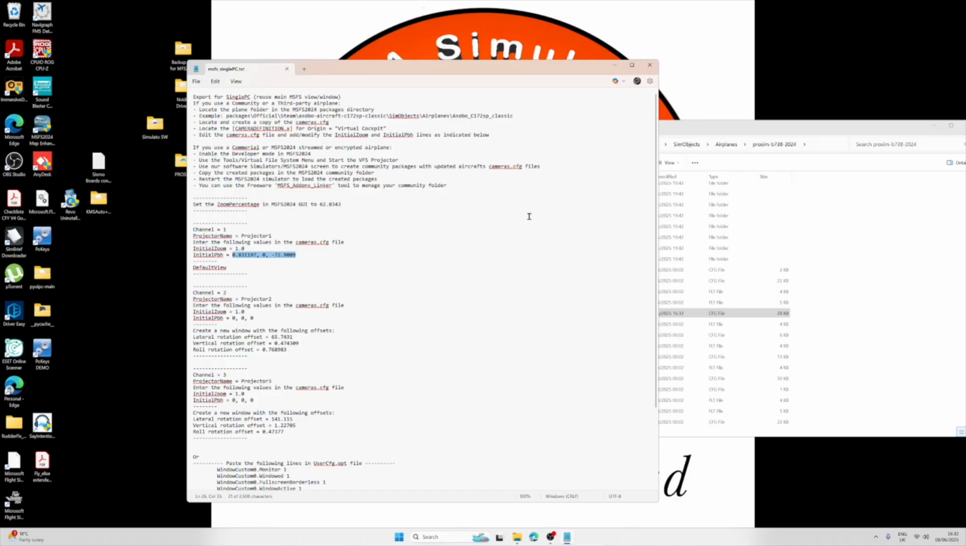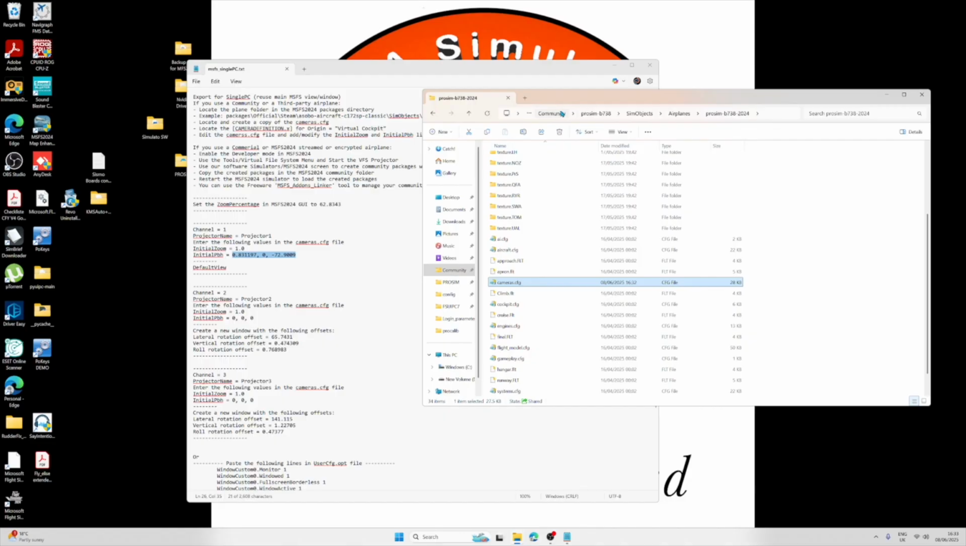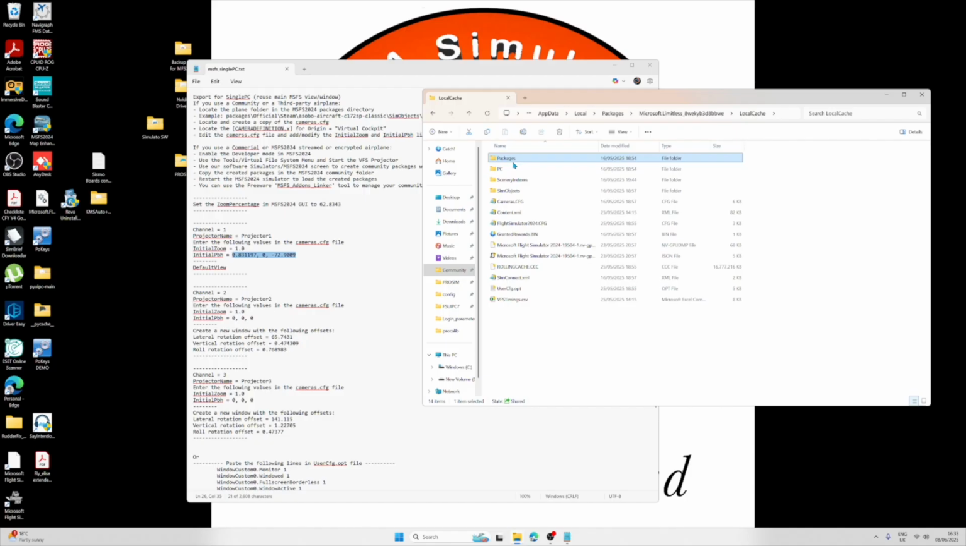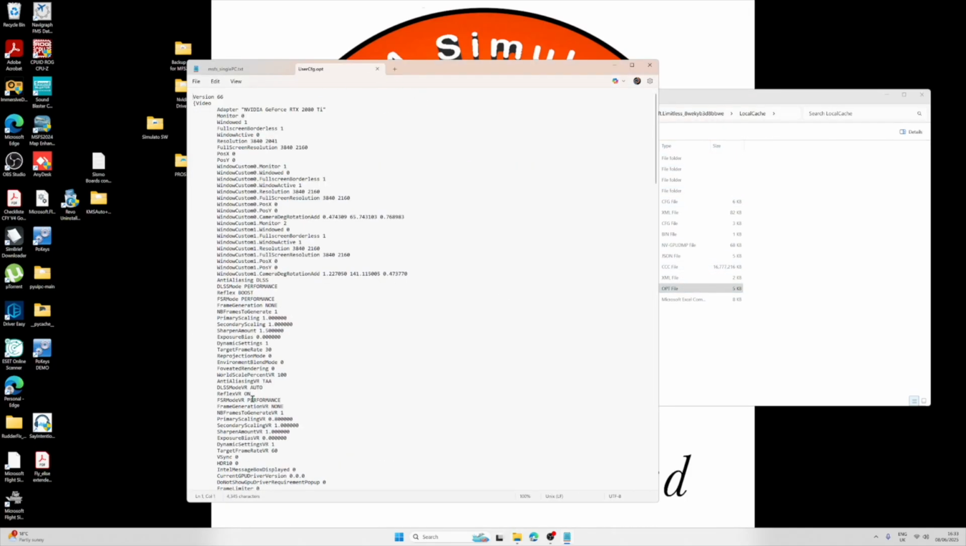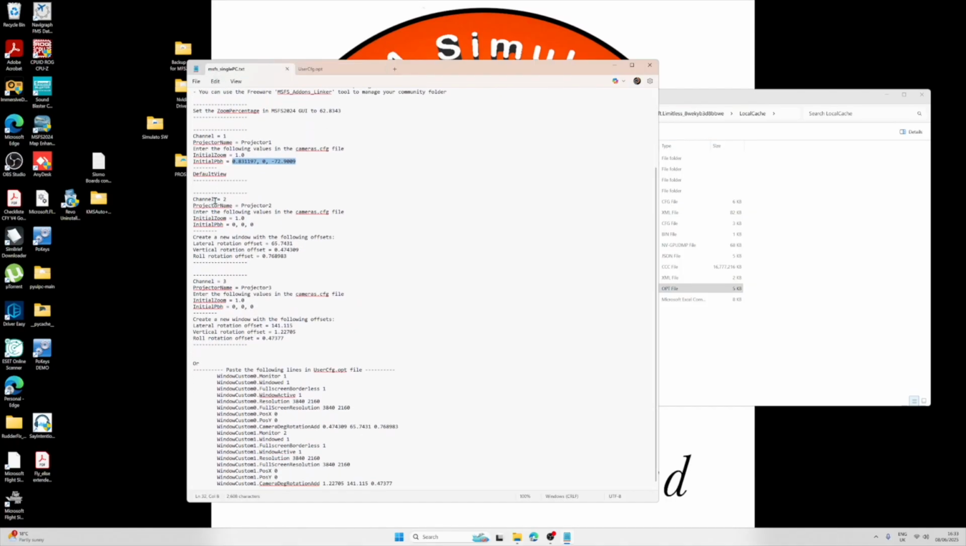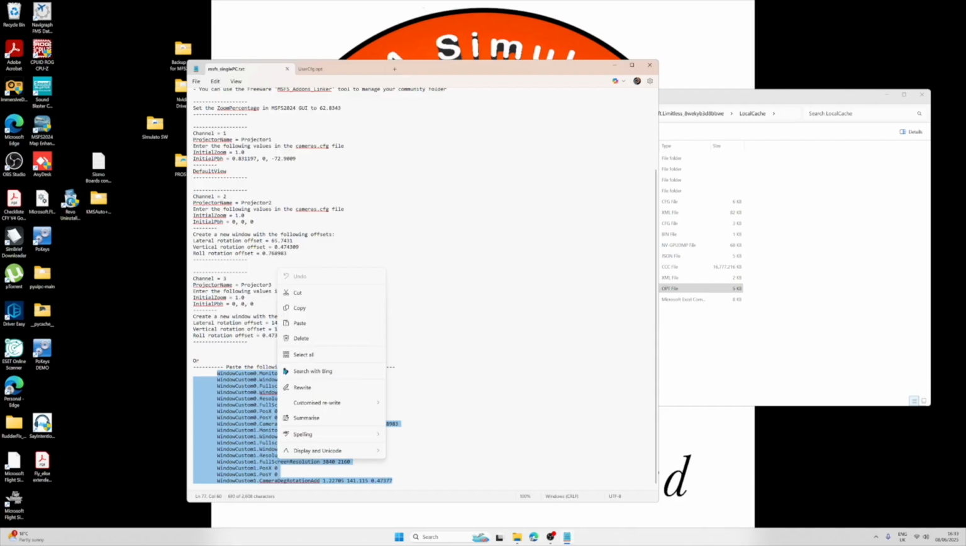So we took care of the ProSim. Now we need to take care of the Flight Simulator user config. For the user config, first of all, go back to the community, go back to local cache. In local cache you find the user config. Open that one. It is this one here. So now the next instruction, don't worry about this, we can go straight here. It tells us to take all these, copy, and we paste